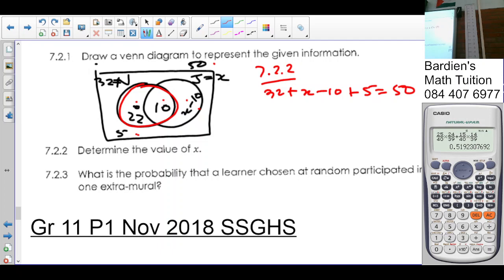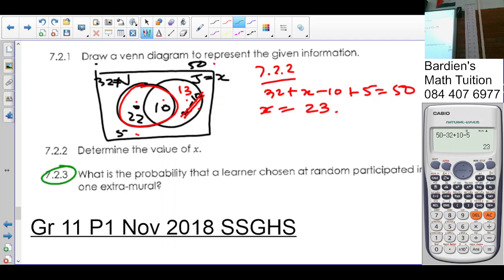Okay. So, people, X is then equal to 50 minus 32 plus 10 minus 5. It's going to give you 23. Okay. So X is 23. So this is going to be 23 minus 10. And what's 23 minus 10? 13. So that goes 13. Then the question in